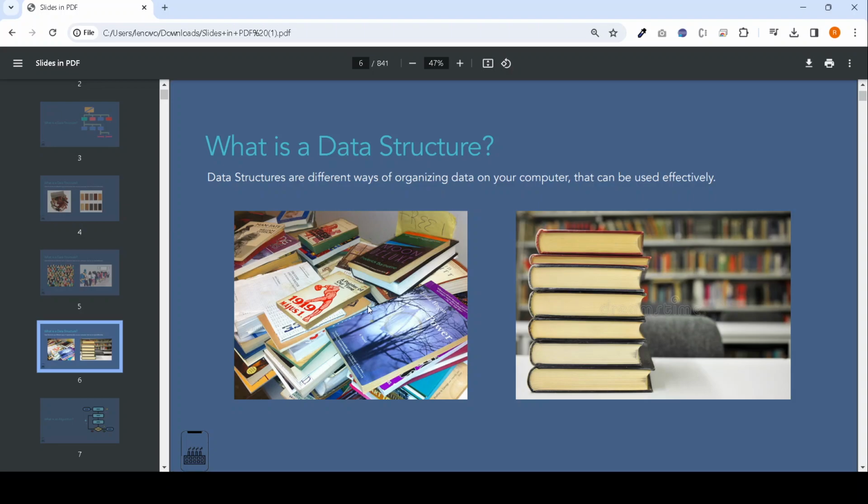But in conclusion, we can say data structures help to improve any software performance. Your data should be in an organized way so that we can efficiently process that data and find the desired result.